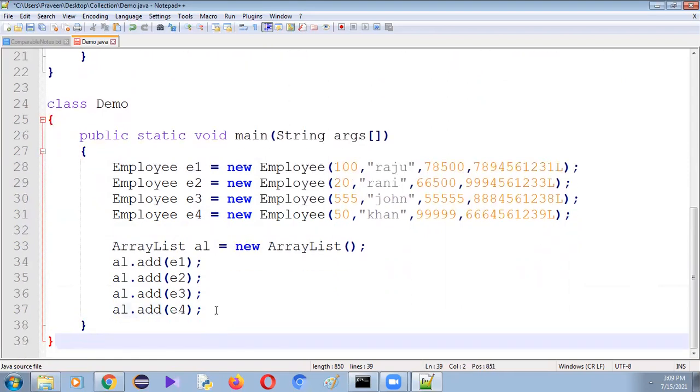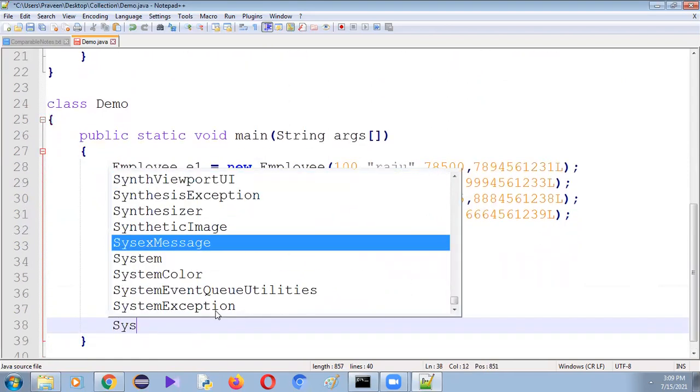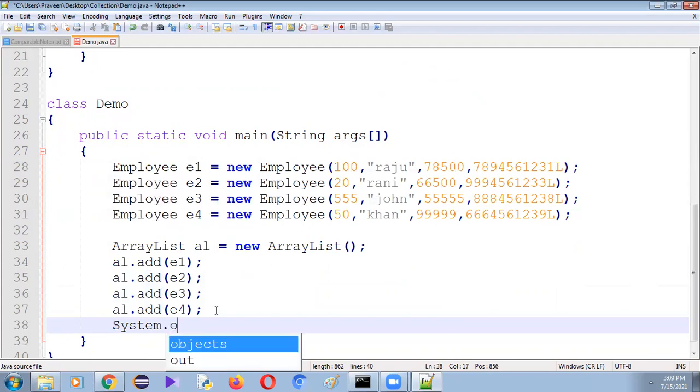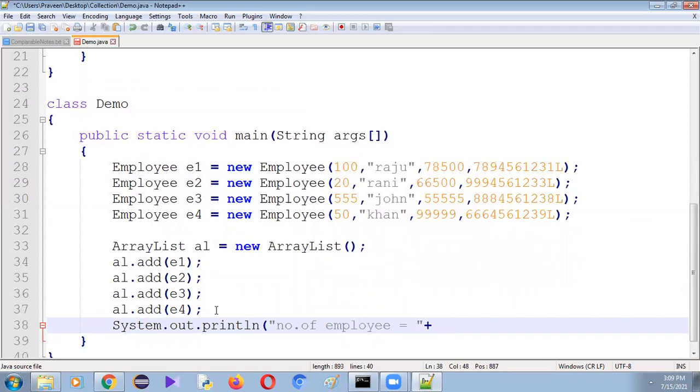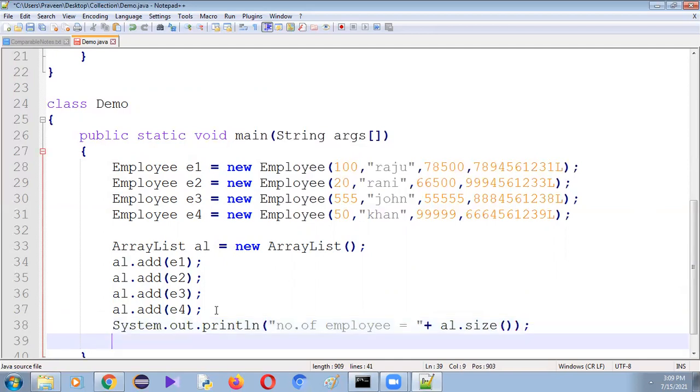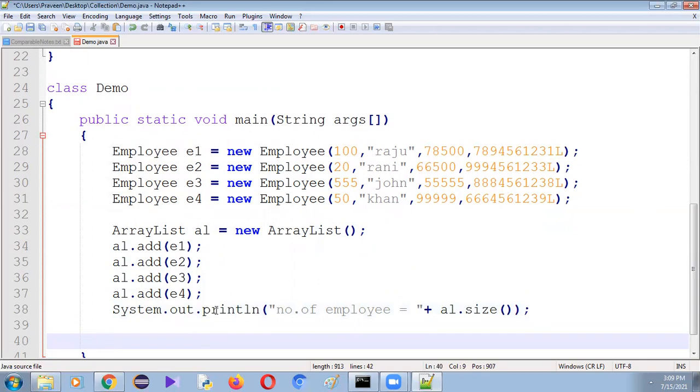Now let me display the size, how many employees there are. System.out.println("Number of employees = " + al.size()). Which method do we use? The size method.